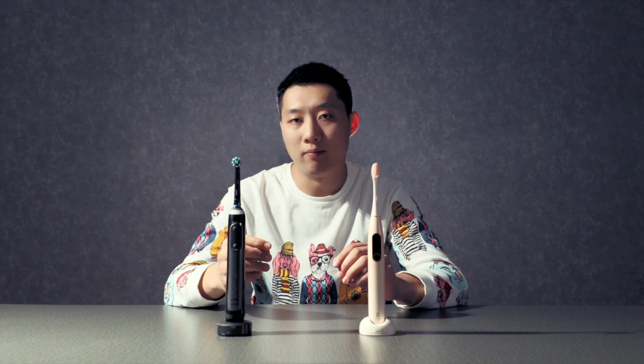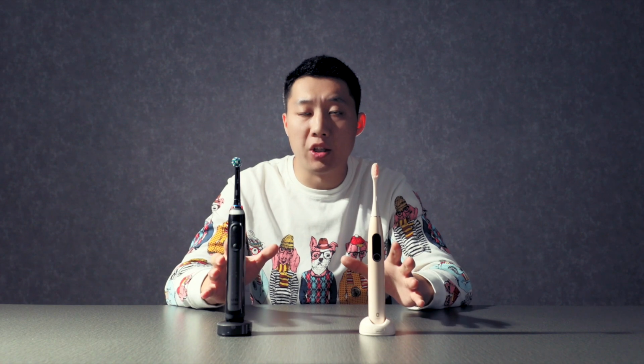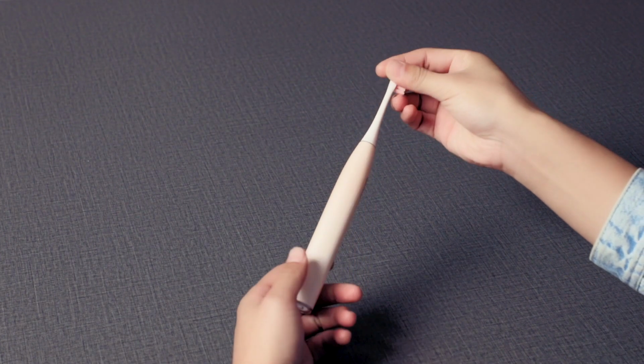your next one? Well, in this video, by going through the appearance, screen, application, technology, and accessories, we will find out some main differences between these two electric toothbrushes that represent the best-selling item of Oral B and Oclean respectively. The two rivals also stand for Old Boy and New Force. Now let's get started. When we take a first look at the Oclean, it gives you a strong feeling of